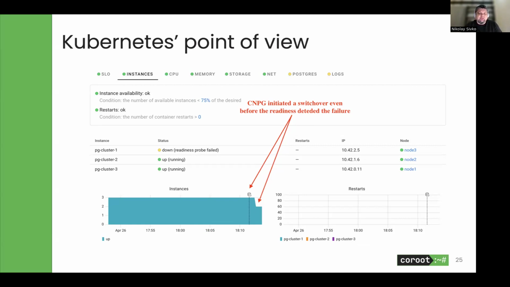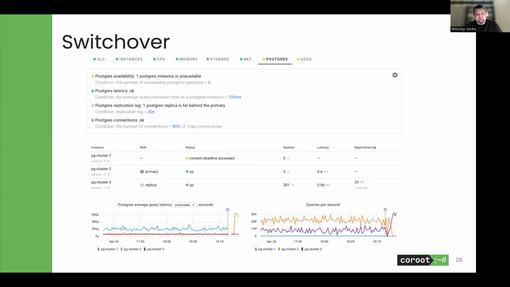In this case, it initiated a switchover before Kubernetes marked the unavailable instance failed. And the switchover itself took